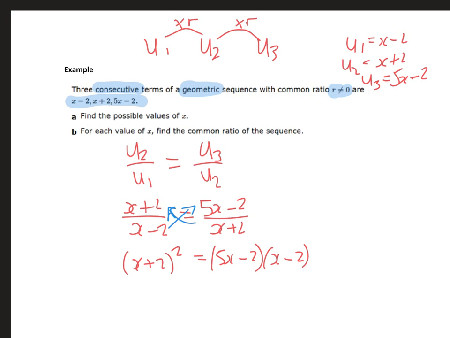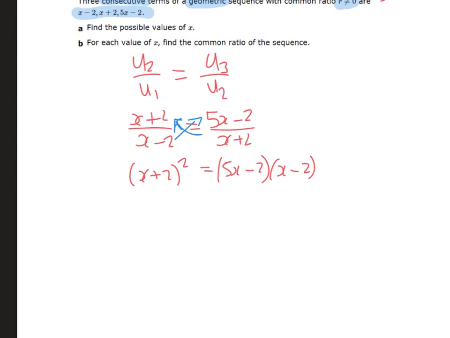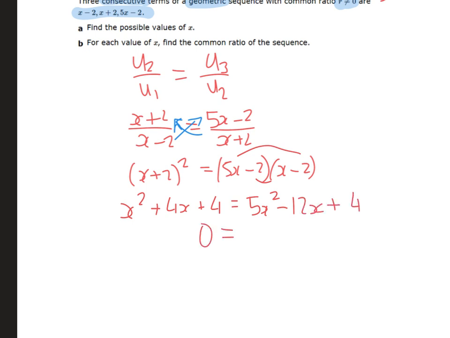Times on both sides to cancel out the denominators. If I expand both sides, so I'll get 5x squared, I'll get minus 10x, minus 2x, so minus 12x, and take everything to one side to make it equal 0, so I get 4x squared minus 16x, the minus 4's cancel out,